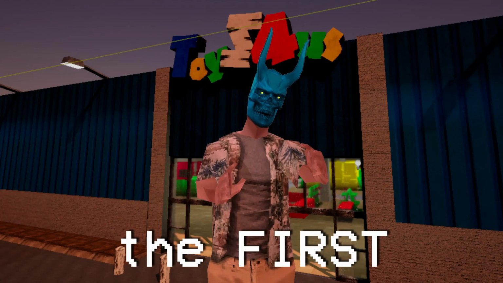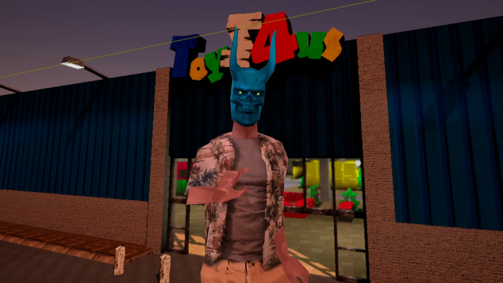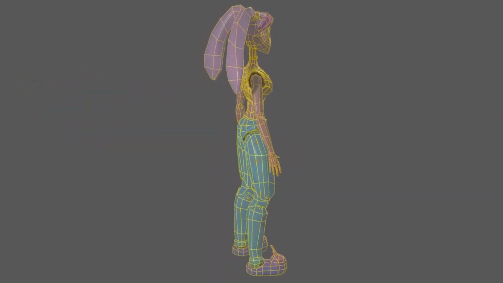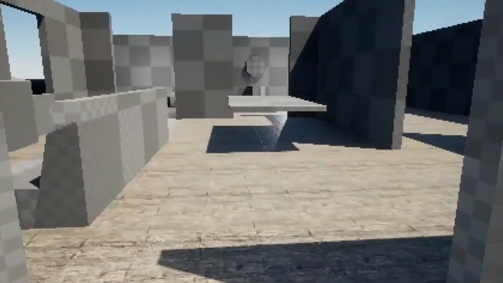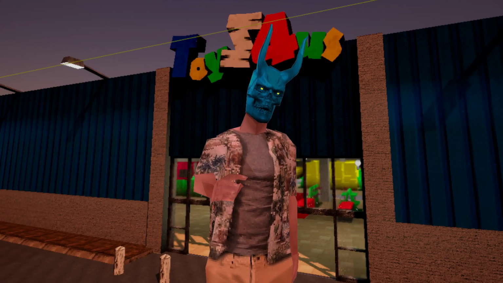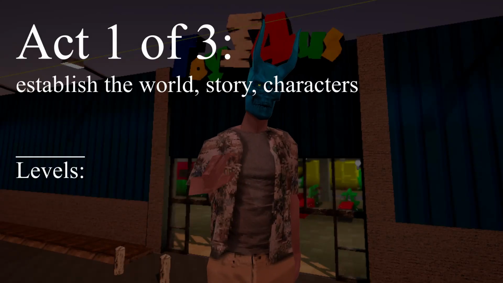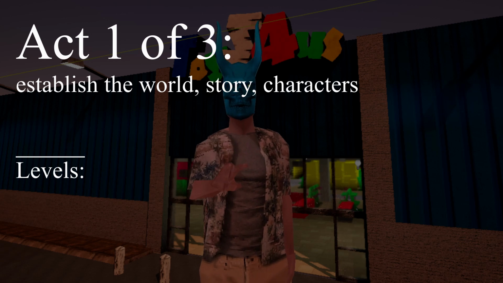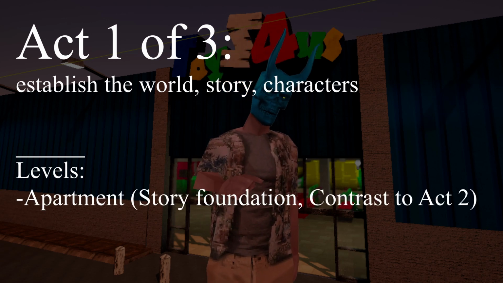I'm at the first level of my indie horror game Betty Bunni. In the last devlogs I showed so far the progress on the Betty Bunni character model and a short glimpse at the level blockout. I approached those levels designed based on my game story script. The game's first third will consist of two main environments: the apartment of the main character and its sister and